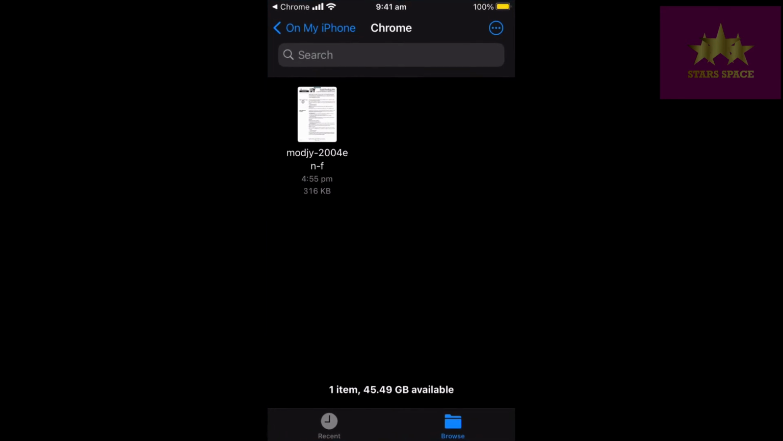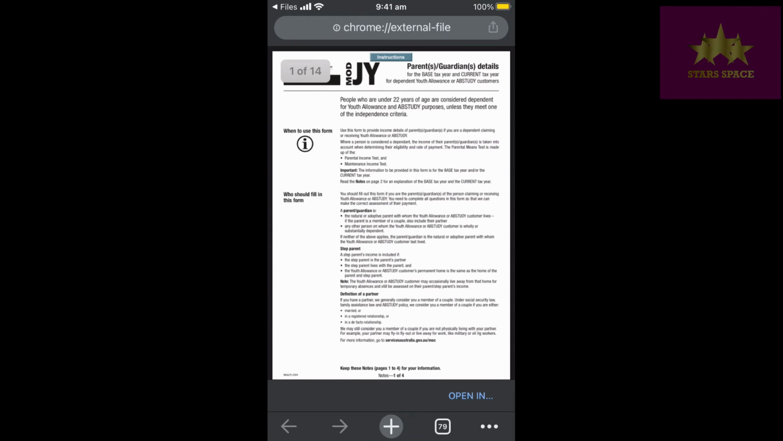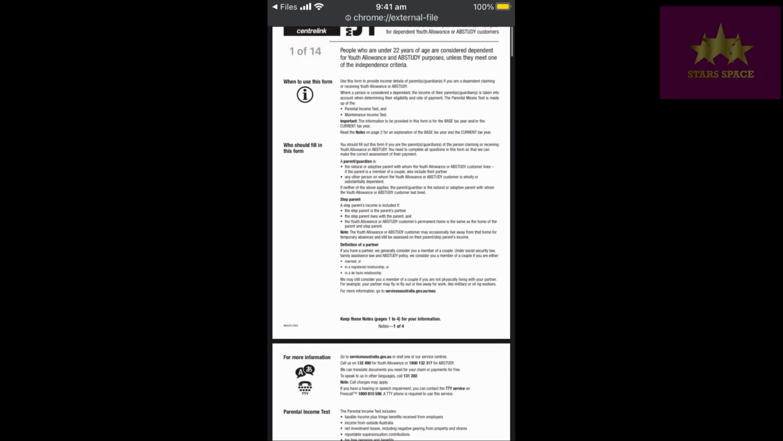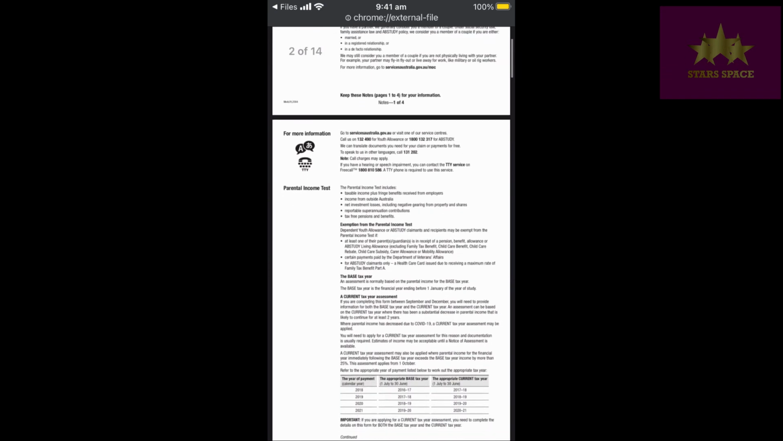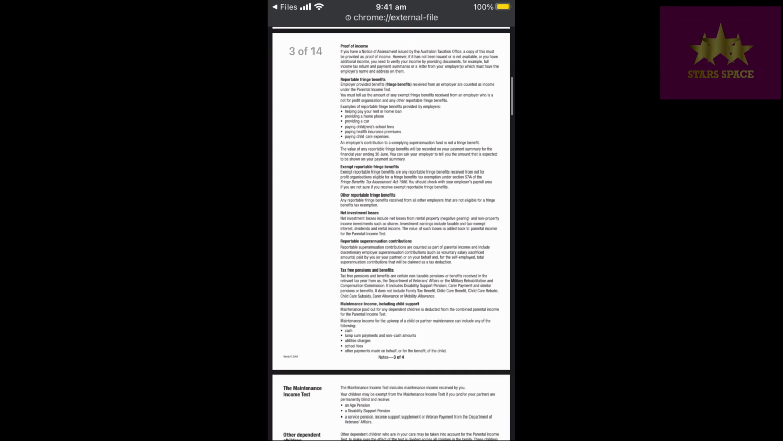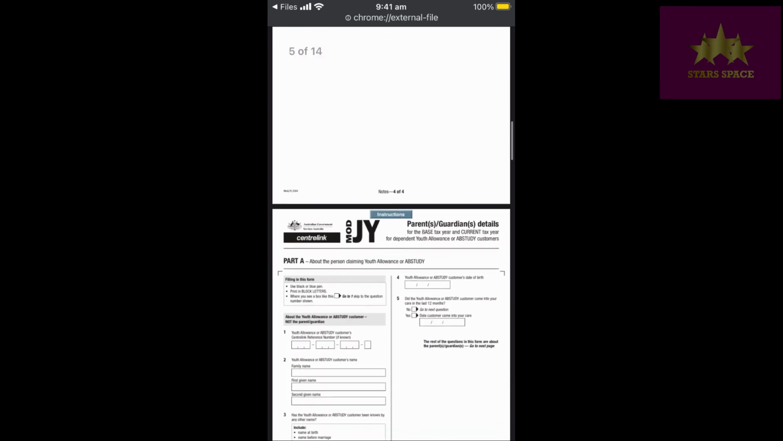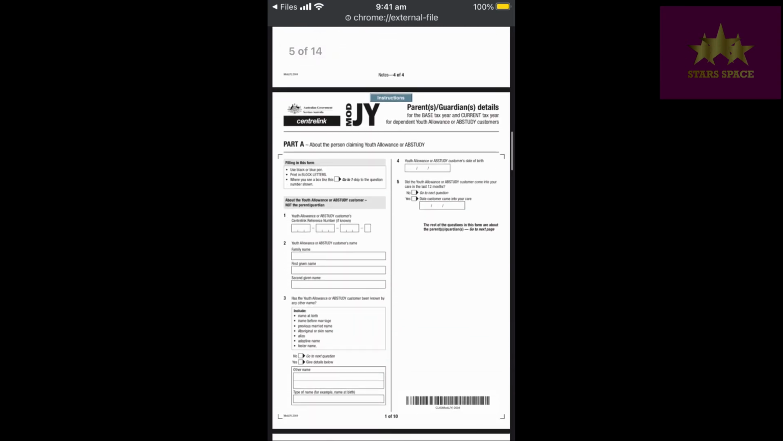There we are, and you fill this all in and ask your parents, of course, because it is their information. And there is quite a bit to fill in, but it's not that hard. And you sign it at the end, submit it to wherever they've asked you to. They usually provide a space where you can submit it. I have provided a link in the description below where you can access the Mod JY form from, so feel